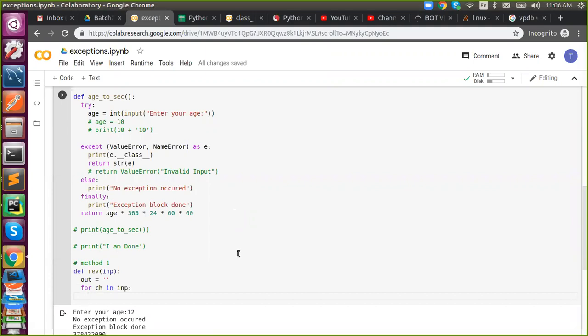Each one has their own idea. That is what I meant by nasty code: each one has their own idea, right? I might implement it one way, you might implement it another way. Your thinking will differ, but the goal is the same. We all want to reverse the string. But you might do it in 10 lines, I might do it in a few lines, or someone in 15 lines. That will affect your performance. That is about monitoring. Monitoring means seeing how much time your code took to execute for the designated output.